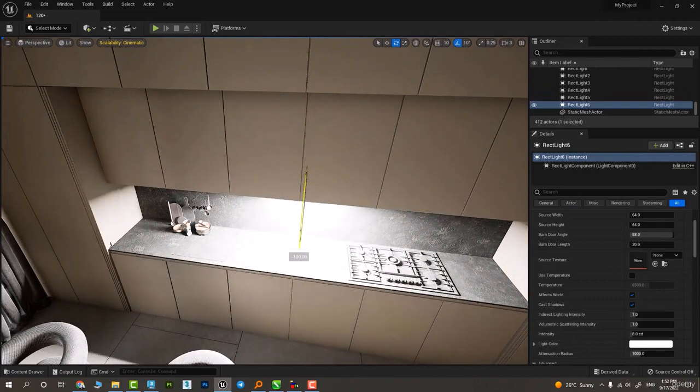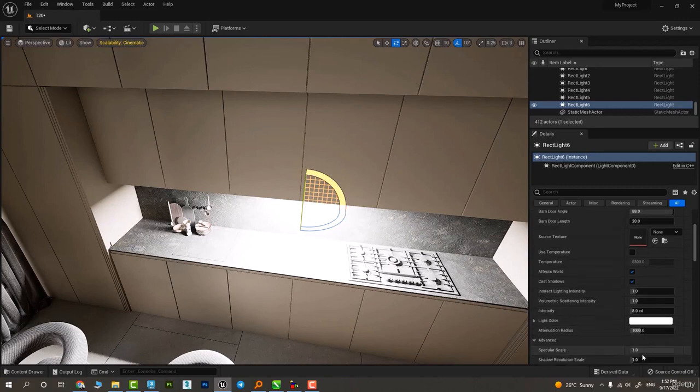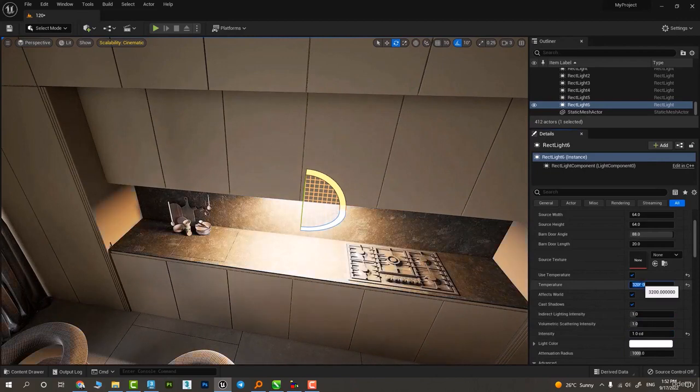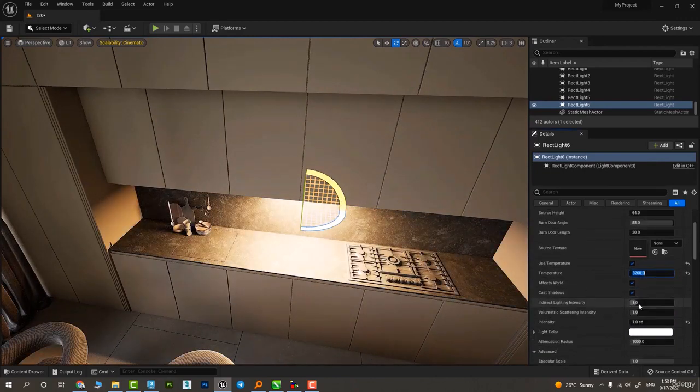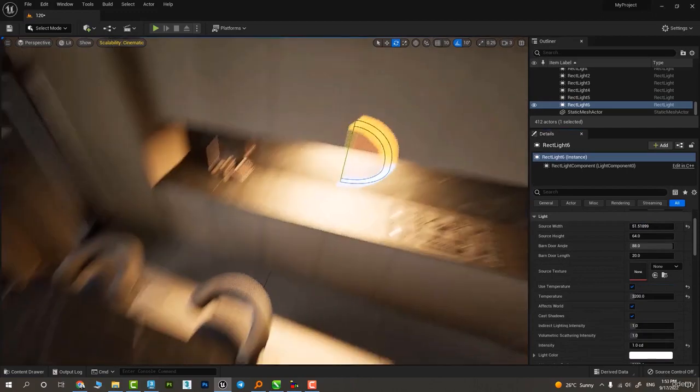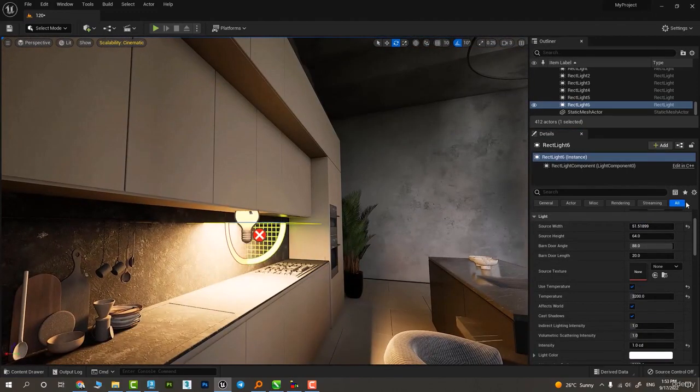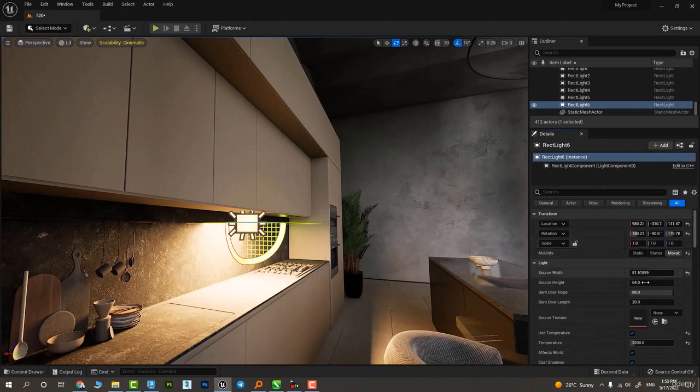Okay, I'm gonna change the angle, make it at 90 degrees, and I'm gonna put the intensity. Its intensity is too much. Let's just put 1 and use temperature, make it 3200. All right, add some warmth and change the size, tweak the size and the location so that it looks better,